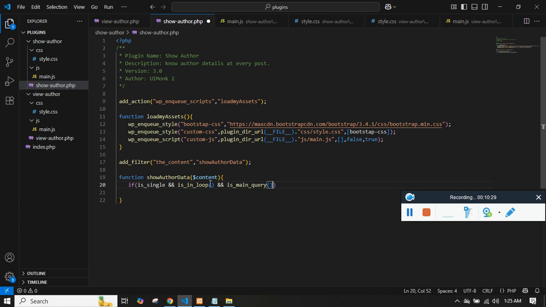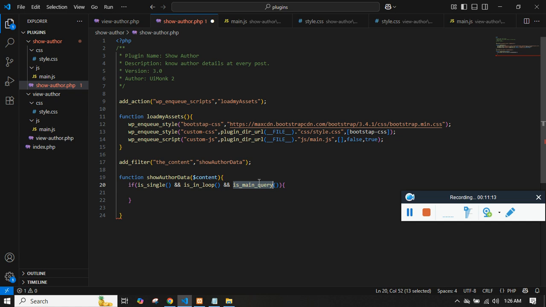I'll explain what it is. So the first thing is, we are going to check whether it is a post or not. And the second thing is whether it's in the loop or not. As you see in WordPress, to display some values, we have two sets of options. One is, with the help of the loop you can display multiple values, and the second one is to display one value, like has_post, and you'll be just getting that content, not multiple content. So I'm saying, if it is in the loop,